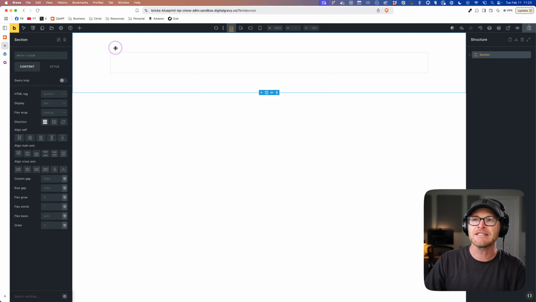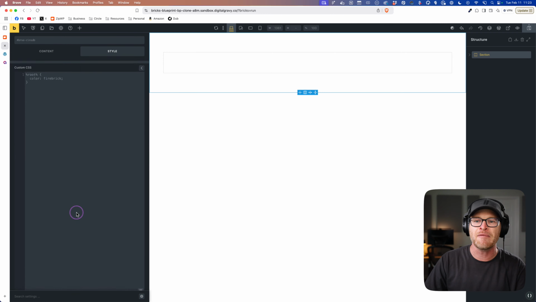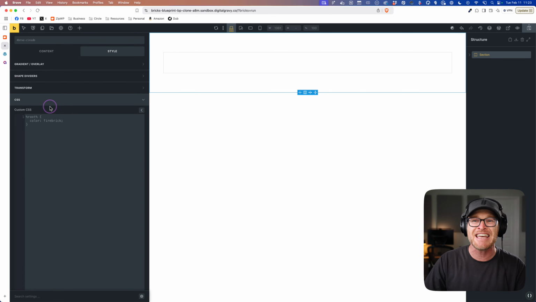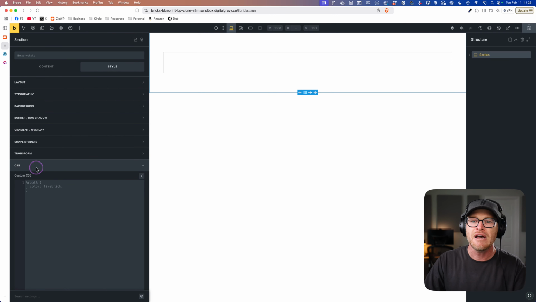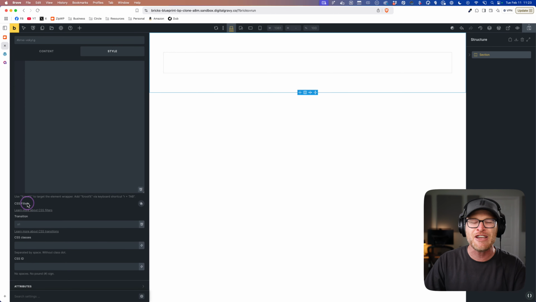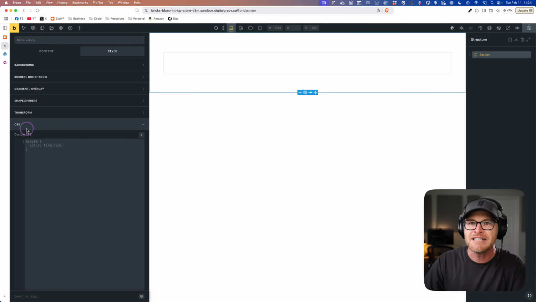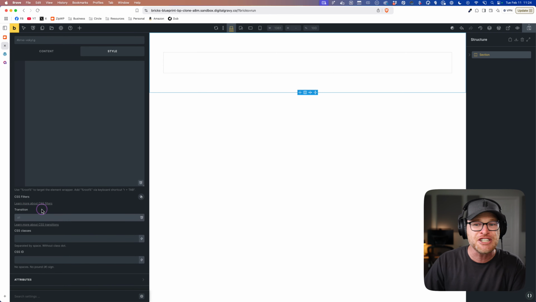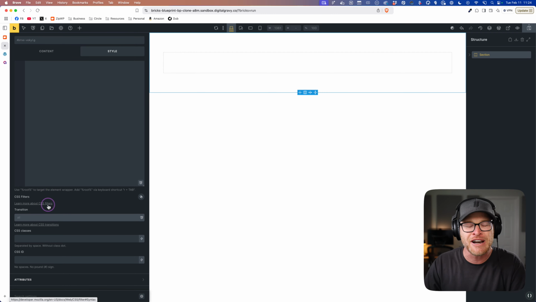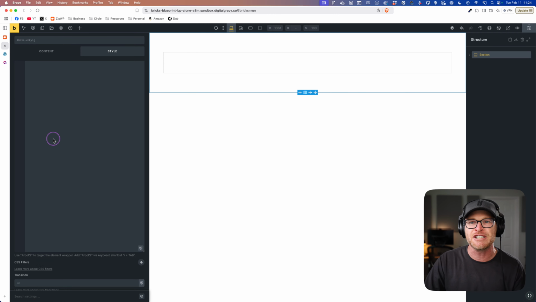I'll have to add the section again because I didn't save it. All right, now we go to Style, I go to CSS. Now you see, okay, I have a much bigger area for writing CSS, and those two boxes that were up here pushing the CSS box down even further are pushed down below because you hardly ever use them. First of all, I don't even know why filters is in here with custom CSS. This is the CSS area. I don't know what filters are doing in here. I don't know what transition is doing in here. These should have their own areas. So, they're not even relevant all that much anyway. Like if you're gonna write CSS, you just write transition in this box right here.